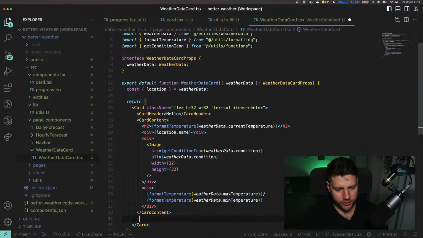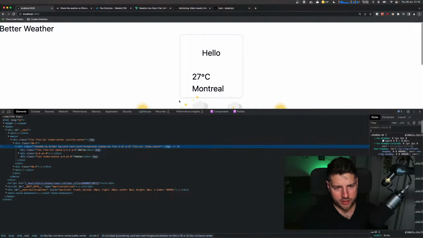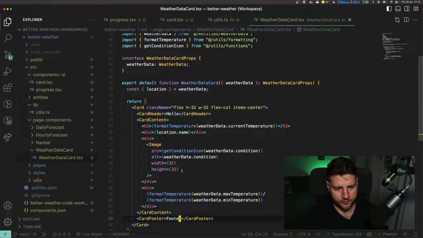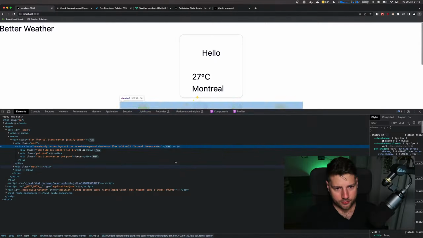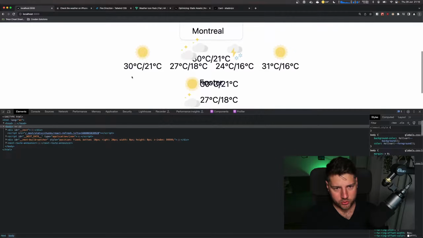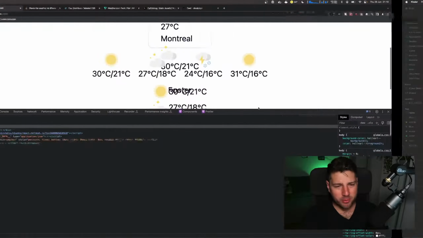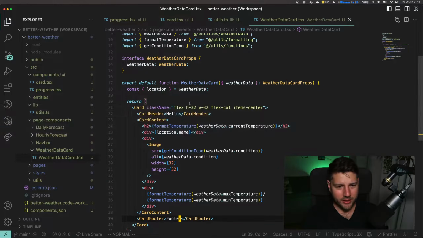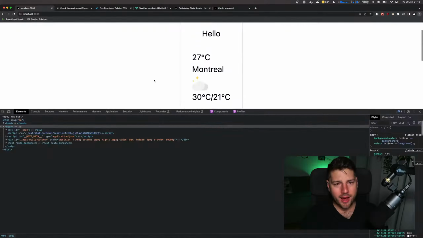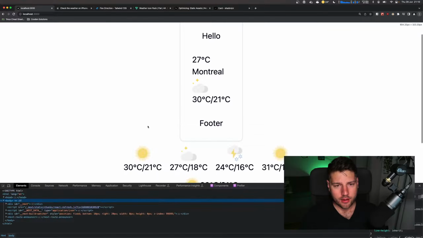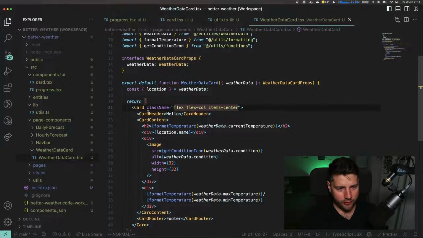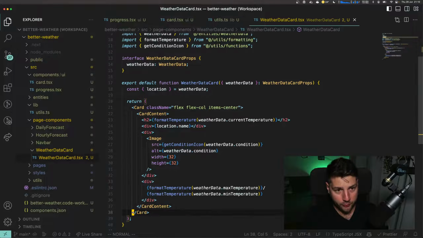And then card footer. What is that going to do? Did we put a height? We put a height on this, right? I think we... Okay, so we don't want a height. We don't want a width. There we go. So now if I remove the card header, if I remove the card footer,